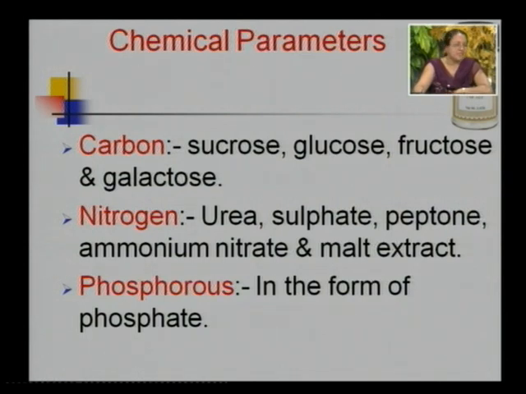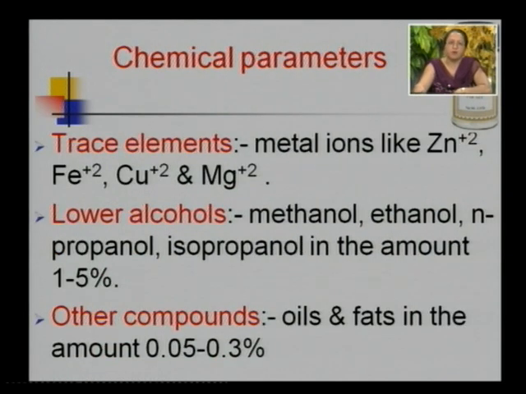The rest of the elements or the chemical parameters which are used in the fermenter are also of equal importance, but they are trace elements like metal ions such as zinc, iron, copper and magnesium. Besides that, lower alcohols like methanol, ethanol, N-propanol, isopropanol in the amount of 1 to 5% help to increase citric acid production. But these lower alcohols, if they are added in crude amount, will help to increase the production